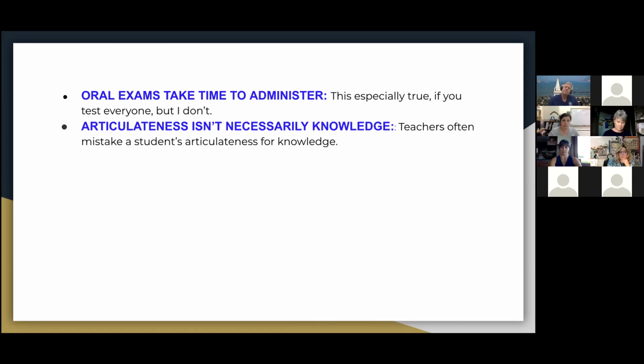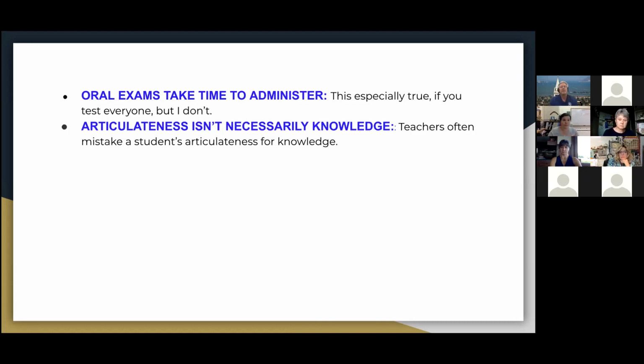Here, the position is, why would you ever test a kid who has gotten solid A performance throughout the course of a quarter? Why would you do that if you know that's what you have? It is only going to cause undue stress and anxiety. Test the students who you really have a doubt about. And of course, that then opens up a whole other level of discussion. But I do not test all every unit.